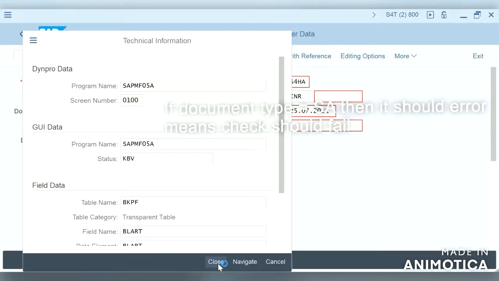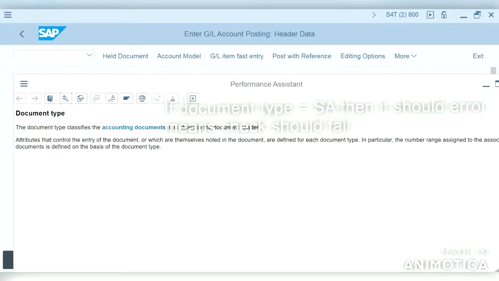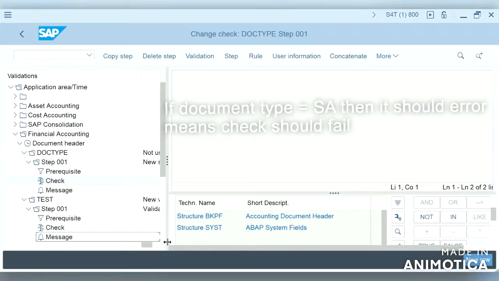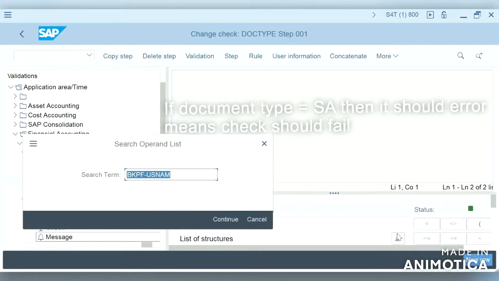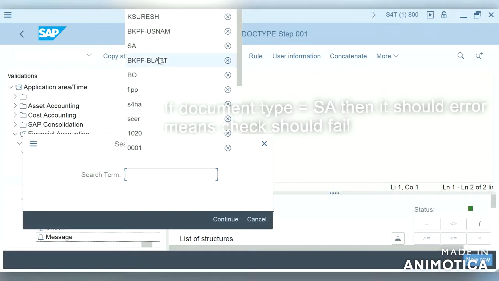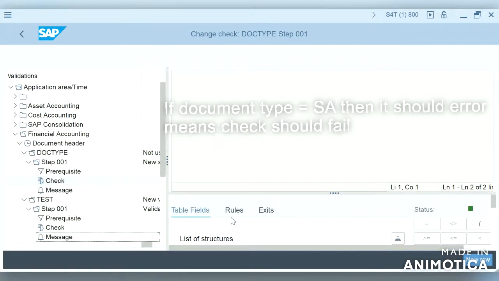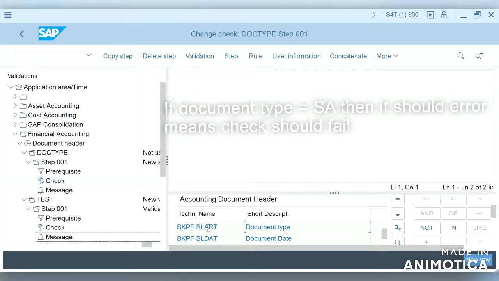So we give the same thing in our search, here in search: bkpf-blart, right? We click on find, and bkpf-blart, continue. So we found the document type.